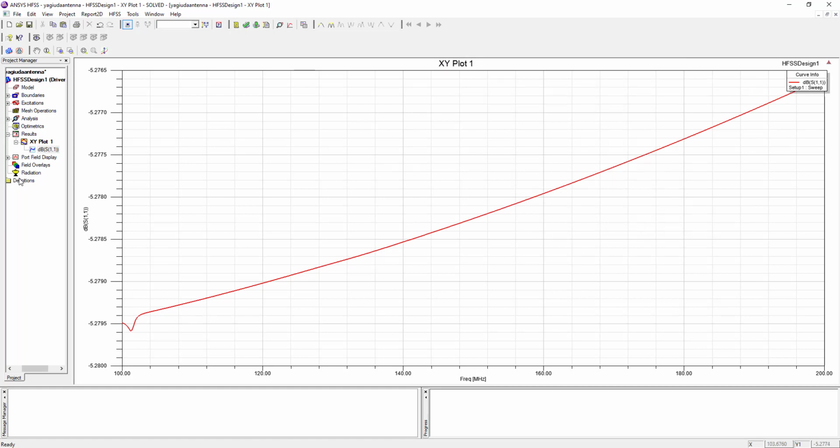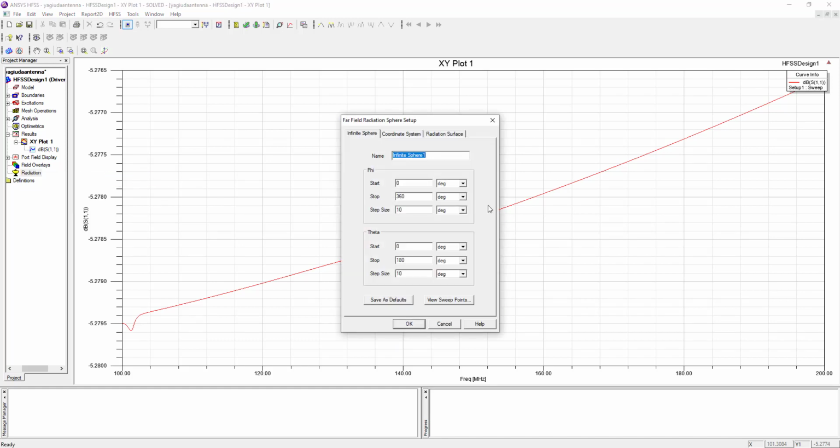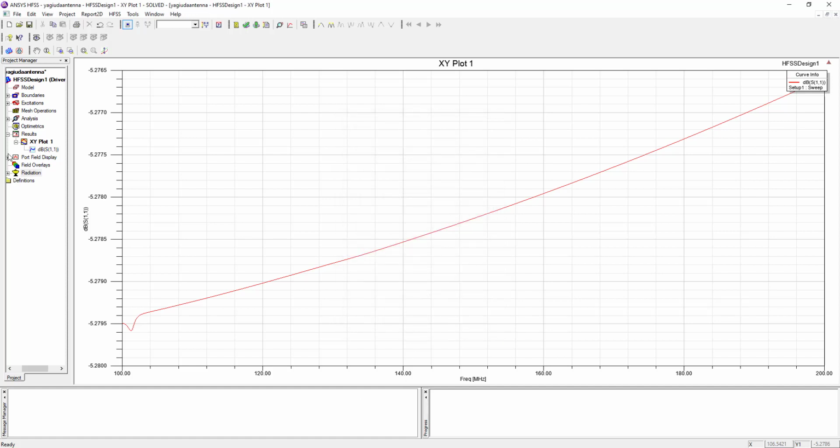Now if I want to see the radiation pattern for the Yagi-Uda antenna, for this insert far field setup. Click radiation in the project manager window, right click, then insert far field setup, then click on infinite sphere. Set your phi and theta. My step size for phi is 90 and my theta will be minus 180, and click on OK.